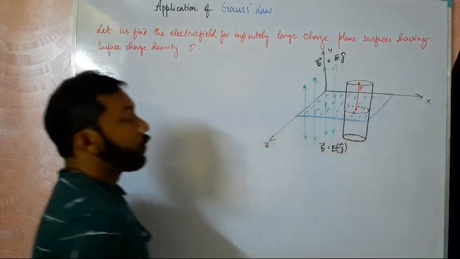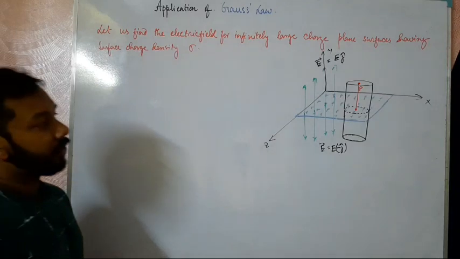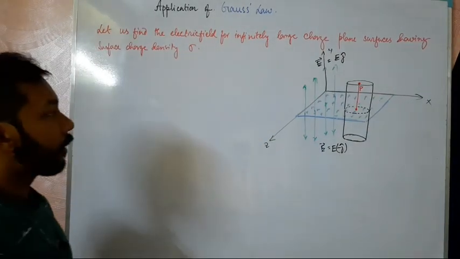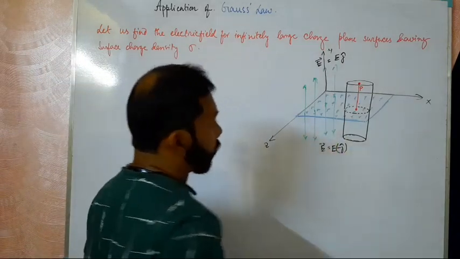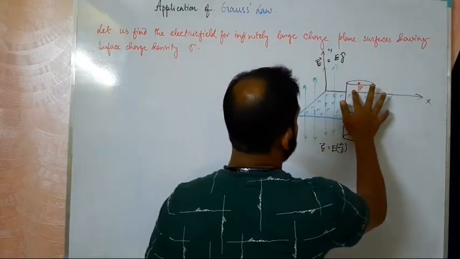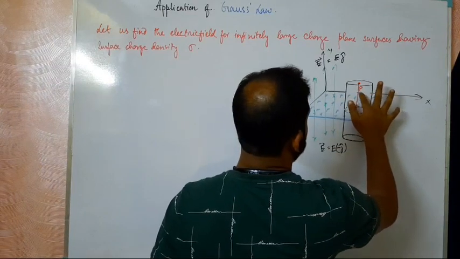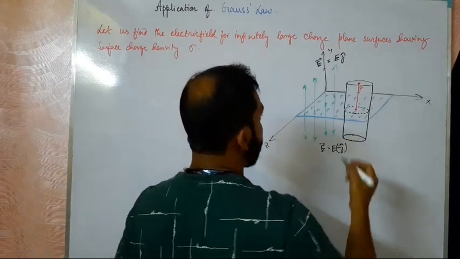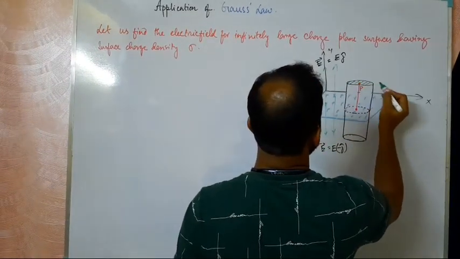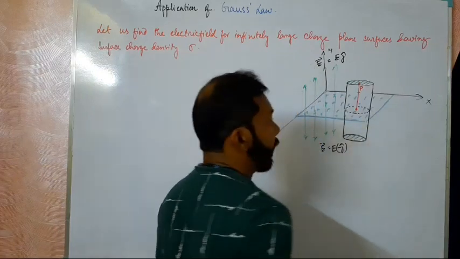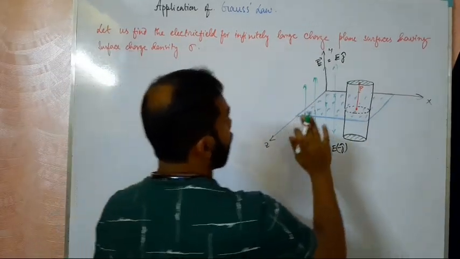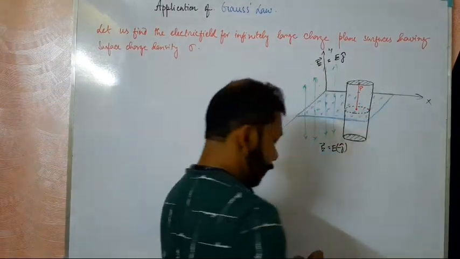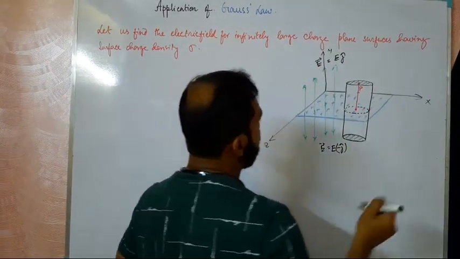So no other components of electric fields are there. Electric field is only in the y-axis, positive and negative. That is why we have chosen this cylindrical surface, because this cylindrical surface provides two types of area. There are two plane surfaces at the top and at the bottom, and there is a curved surface as well. We can take the small elemental area